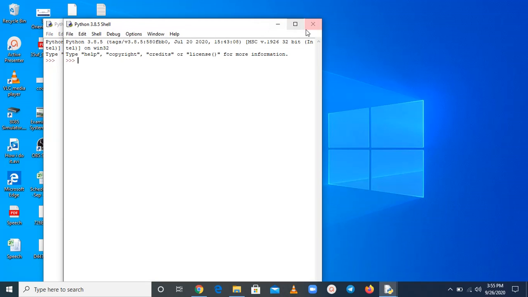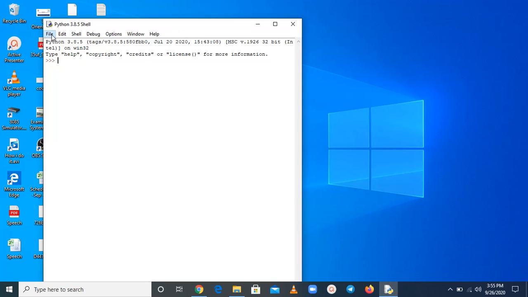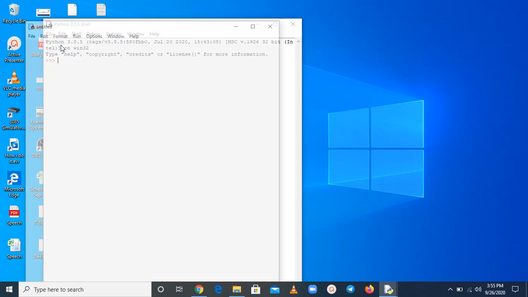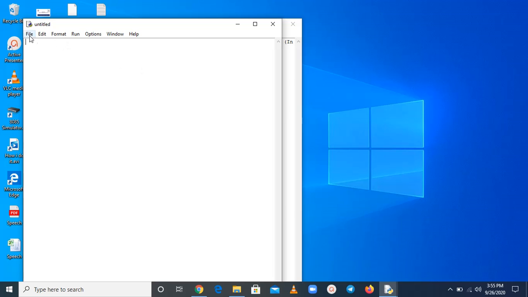Now, Python is open, and now open Escape, and firstly just take a list. So, initialization of list. Firstly, how to initialize a list.